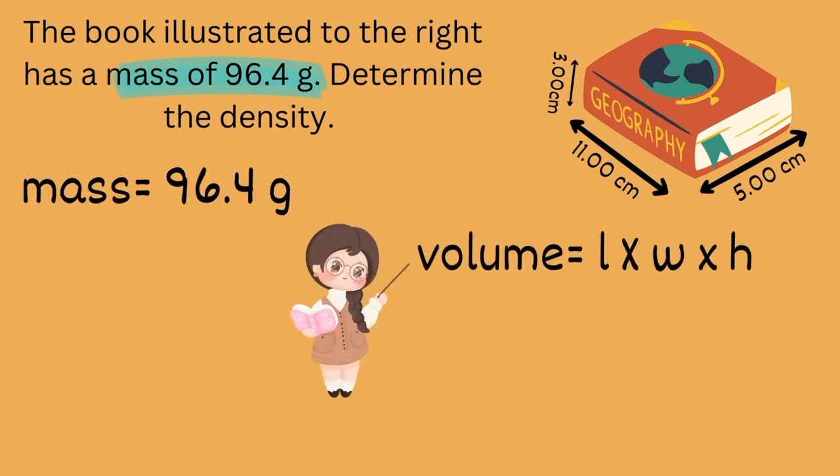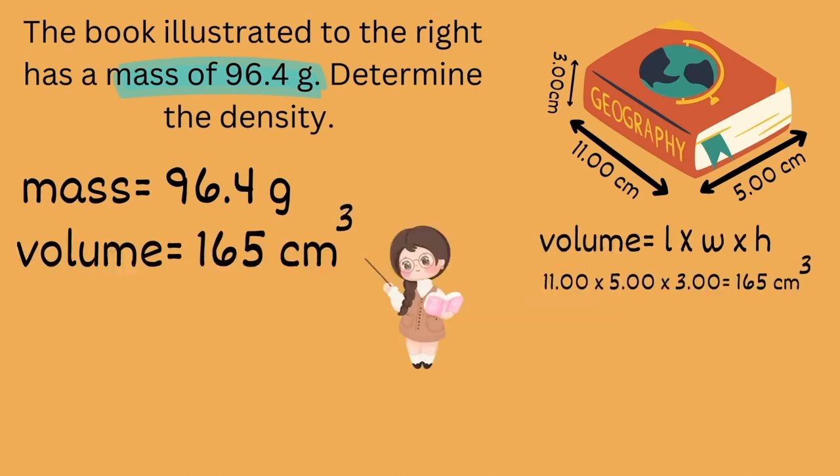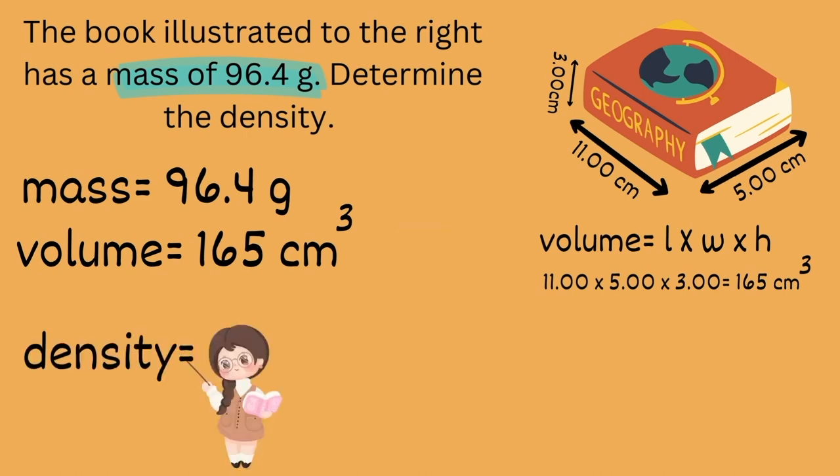Remember, volume equals length times width times height. And as a side note, it does not matter the order you calculate the numbers in. The answer will always come out the same. So we plug in our numbers of length, width, and height and multiply them, and we get 163 centimeters. And let's not forget to cube this because we are multiplying centimeter times centimeter times centimeter. So 163 cubic centimeters.